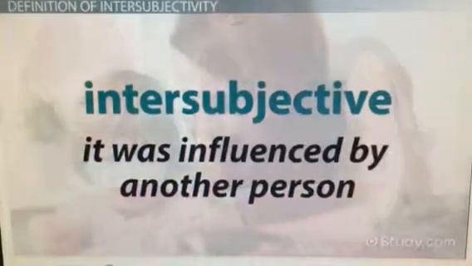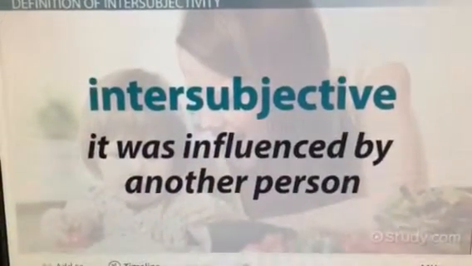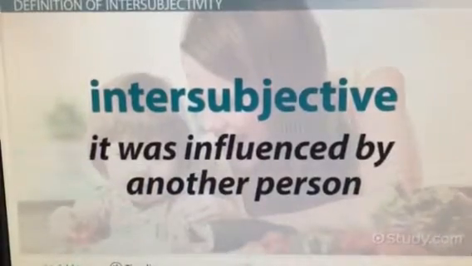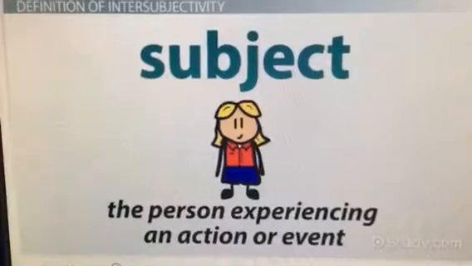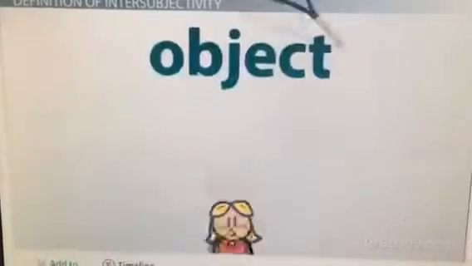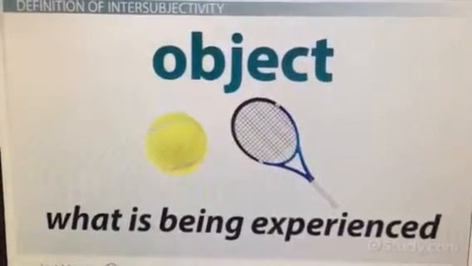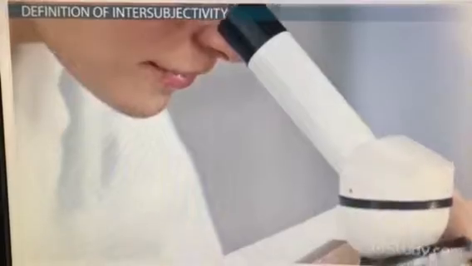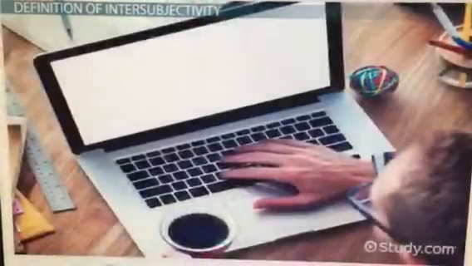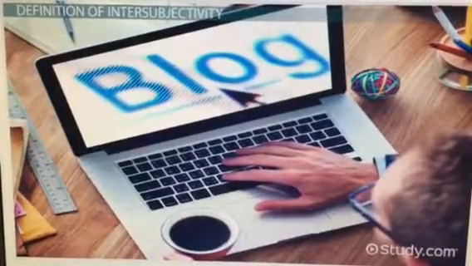In order to better understand intersubjectivity, we first need to define a subject and an object. A subject is the person experiencing an action or event. An object is what is being experienced. When we say something is objective, we mean that it is factually true. When we say that something is subjective, we mean that it is based on an opinion or a biased viewpoint,